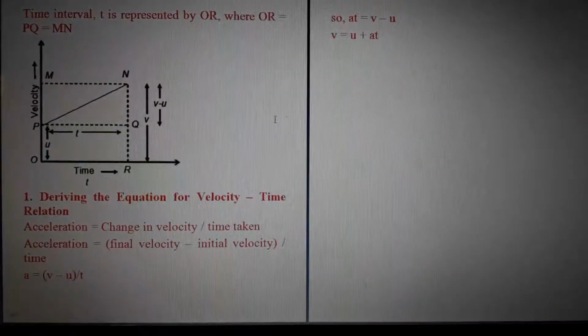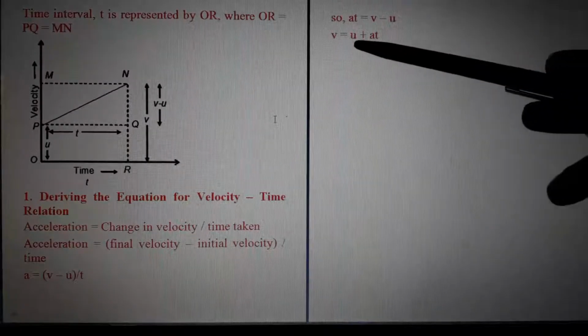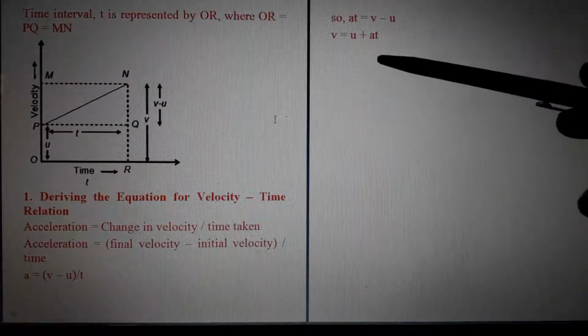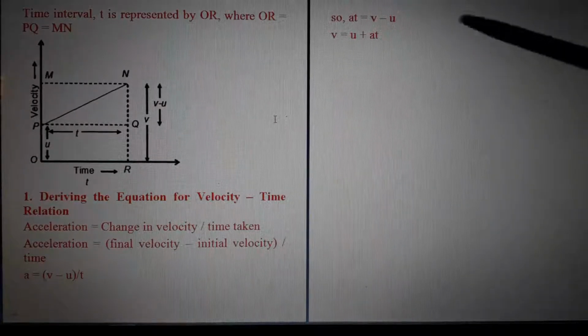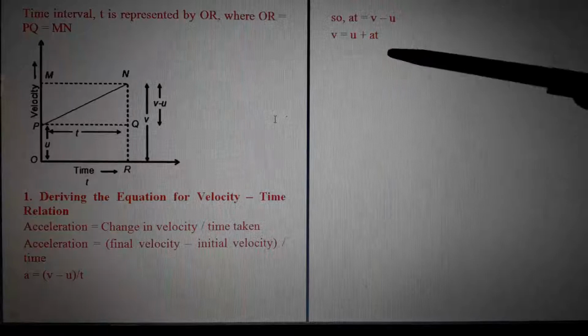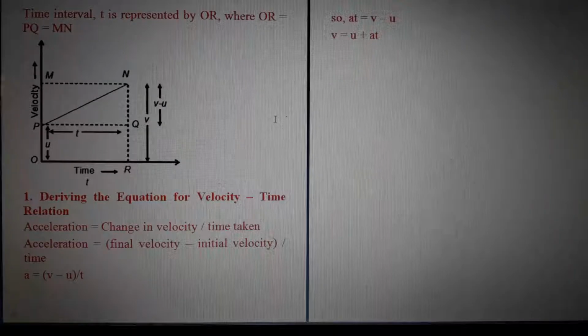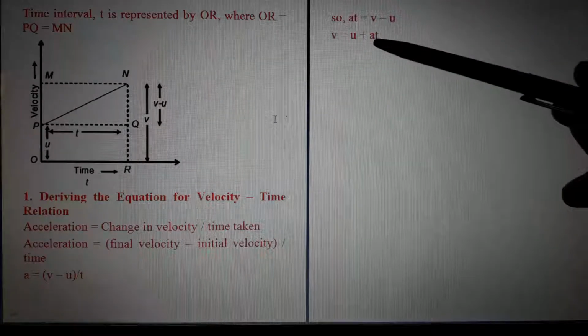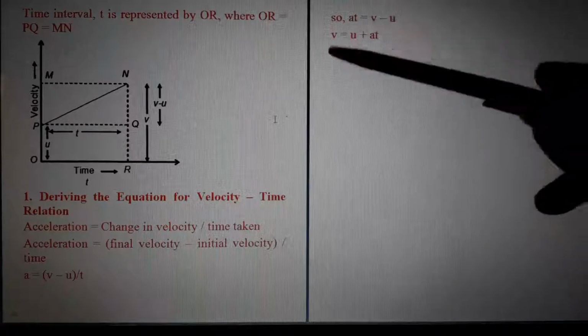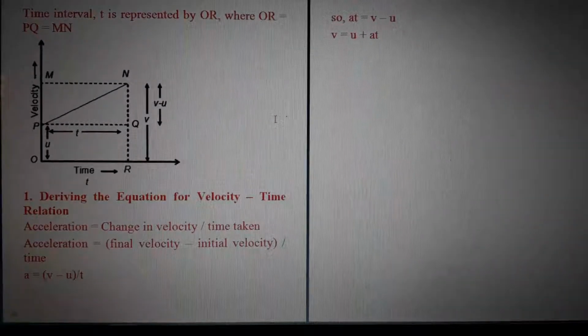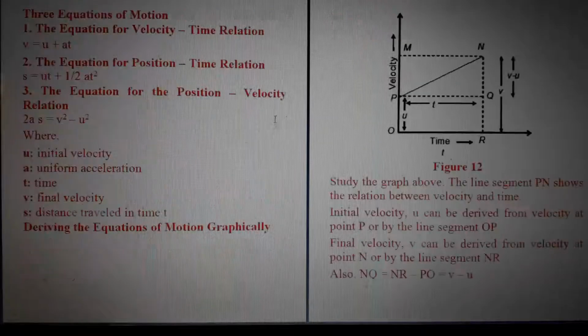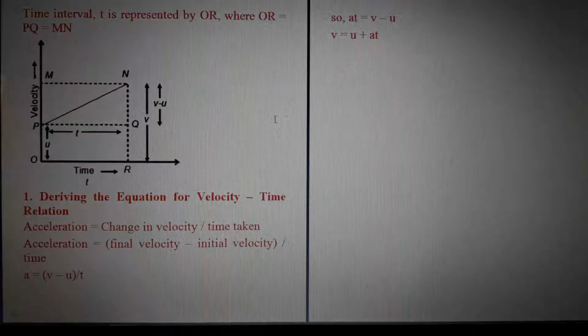So in exams, how will the question be asked? If the initial velocity is given, acceleration is also given, time is also given, and you want to find the final velocity, you can use this equation directly. But in case you want to find the initial velocity, what will you do? Just substitute in these equations. At, bring it here, v is equal to, and u is equal to v minus at. Another equation you will get regarding initial velocity. By doing a lot of numericals, automatically you will find out the answers.